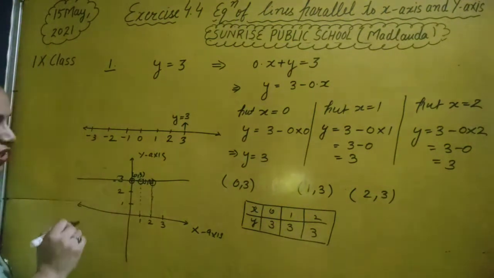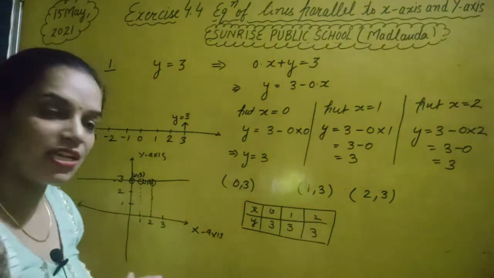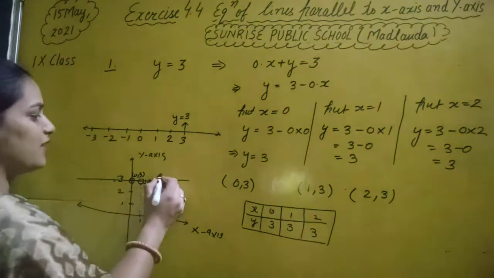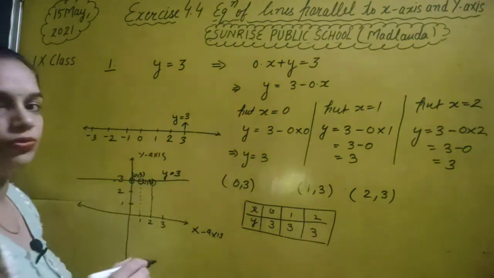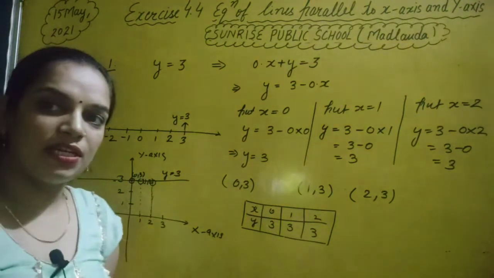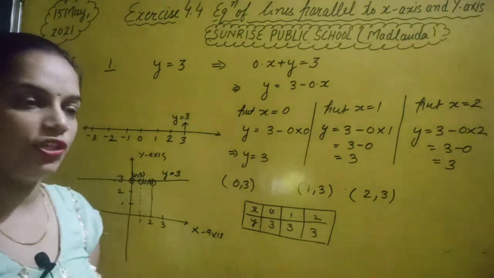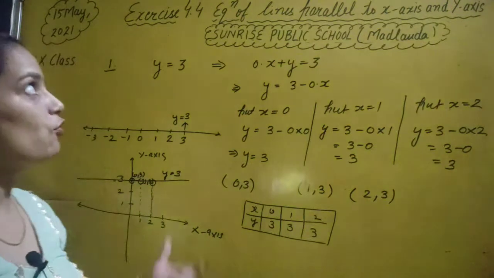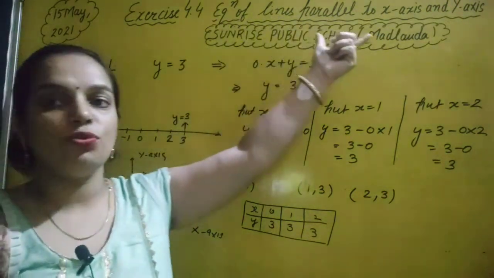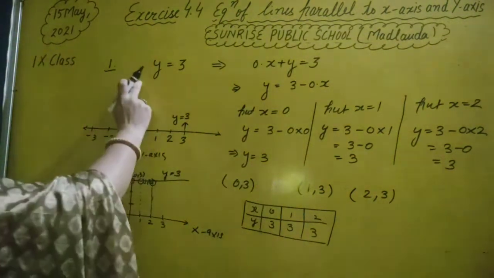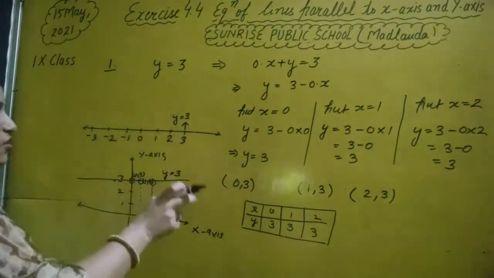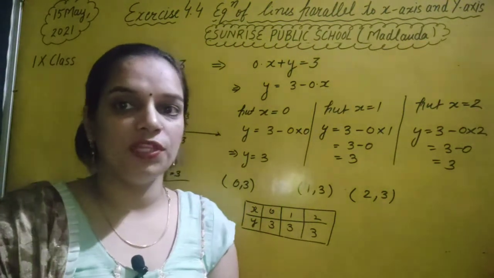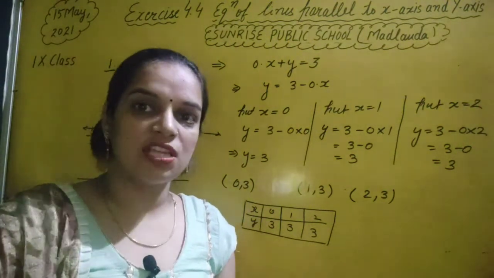Now we can pass a straight line through these points and this straight line will be parallel to the x-axis. ये straight line किसके parallel आ जाएगी, हमारी x-axis की, and this is equal to y is equal to 3. In this way we can represent our equation y is equal to 3 in the Cartesian plane, and this equation is parallel to x-axis. Our topic was equation of a line parallel to x-axis and y-axis. So this is the equation which is in the form of y which is parallel to x-axis. Means जो भी equation आपकी y variable की form में होगी it will be parallel to x-axis. वो किसके parallel होगी?